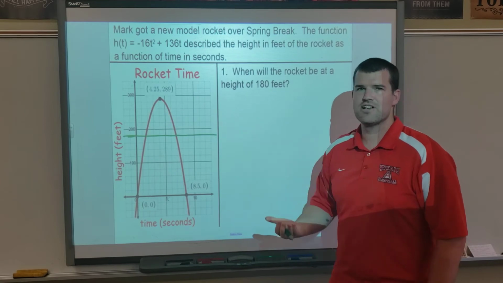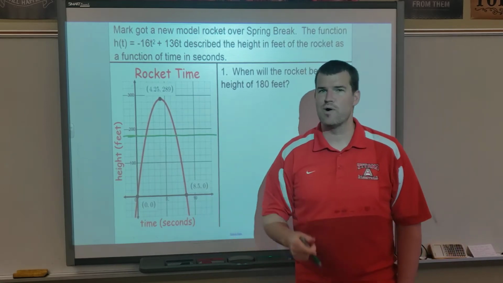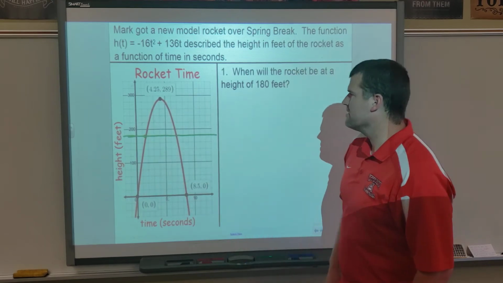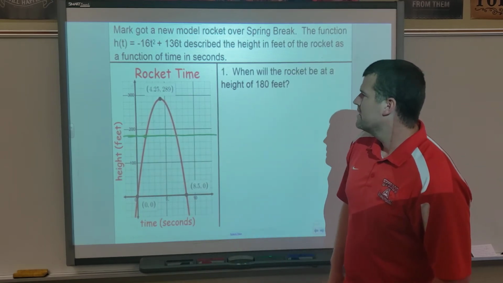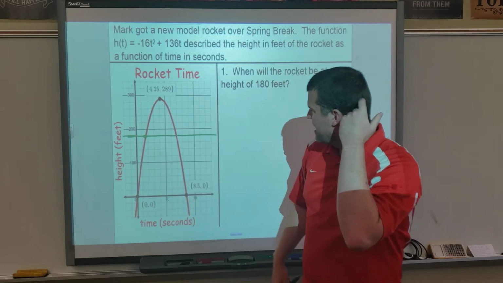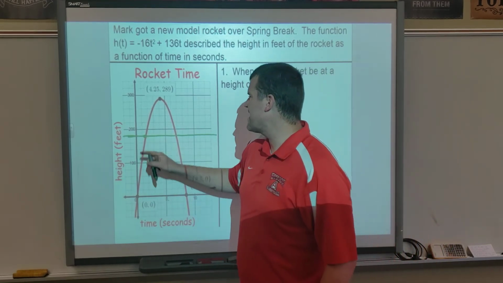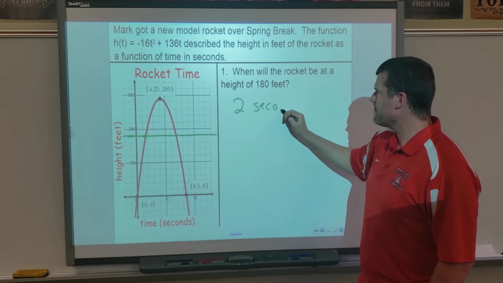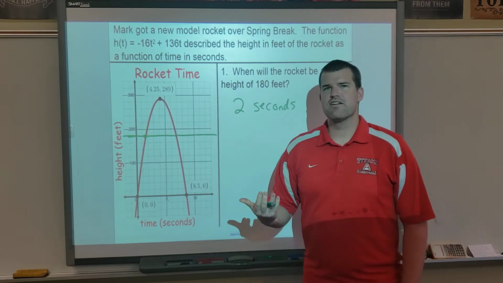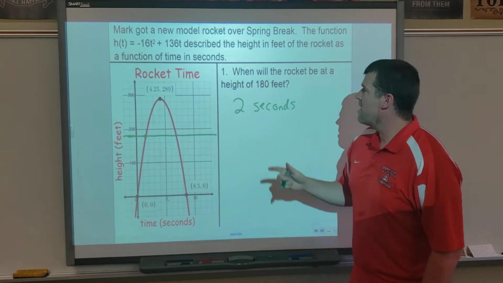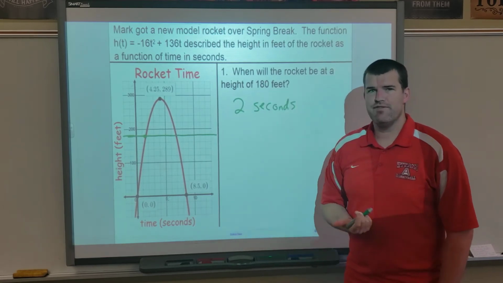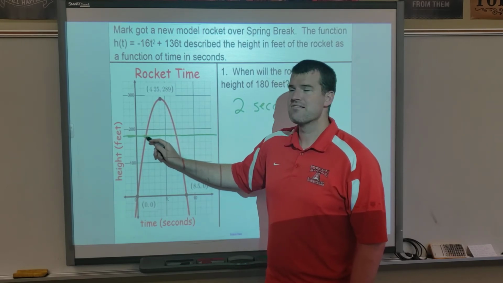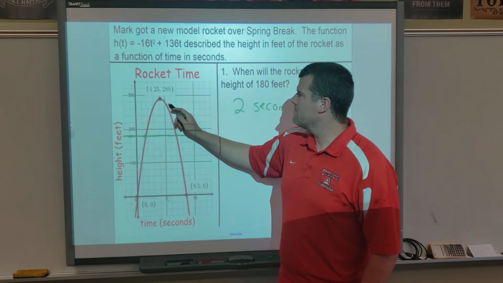Now, when we ask this question on tests, a lot of the times people only gave us one answer. They would go right here, and they'd find, oh, right there, let's see, 180 feet. Well, that looks like it's a little bit less than 2 seconds. So maybe they put 2 seconds. But is there more than one place where the rocket reaches a height of 180 feet? Because sure, it reached 180 feet in about 2 seconds, but then it went up and it came down, and